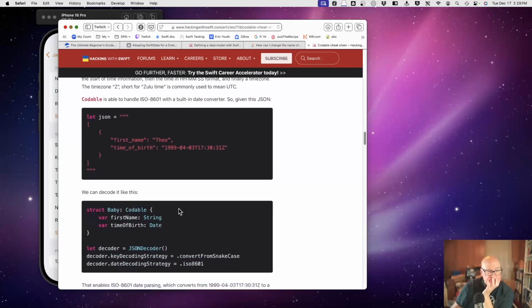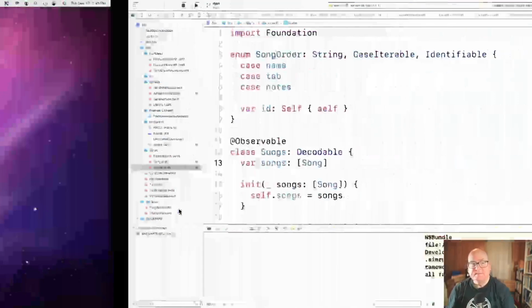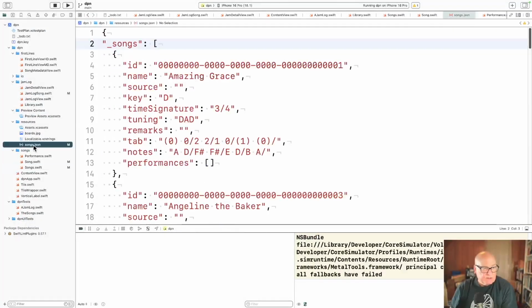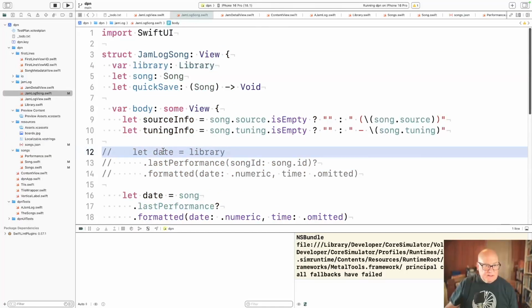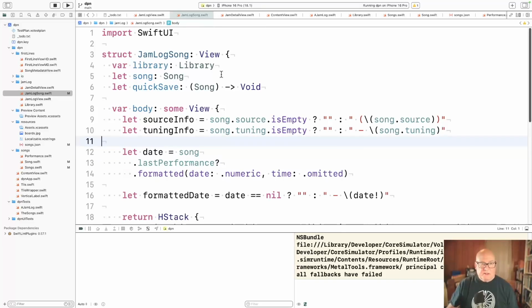Okay. Well, this file is not being touched by users. It's us. I think that's okay. All right. That was JamLog song that we did this to, which is good.